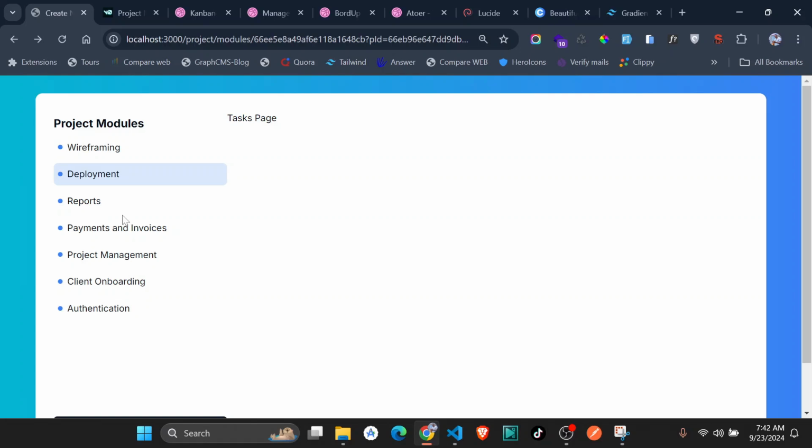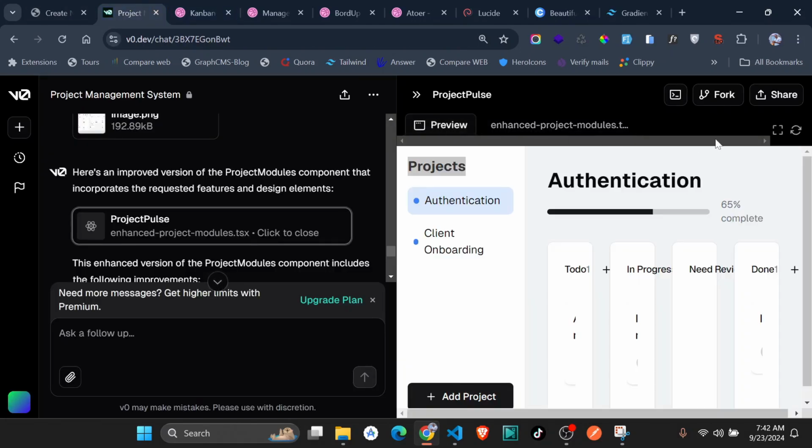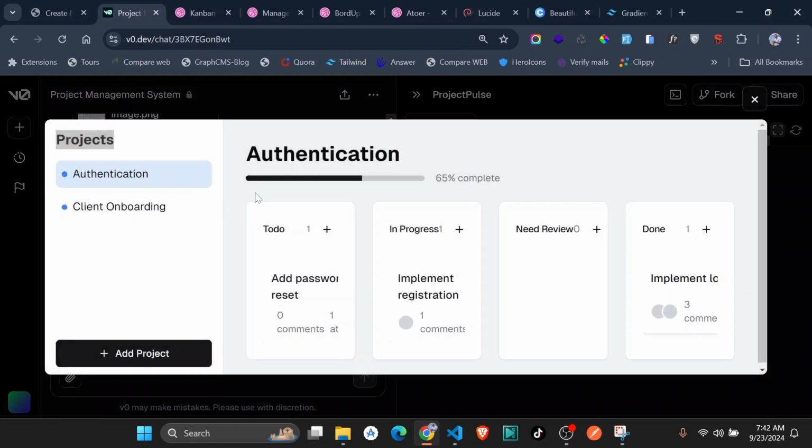Okay. Let's first finish this design first. So if they selected one like this one, how do we show these tasks here? So far this was looking like this. Actually, that's what I want. I want this side